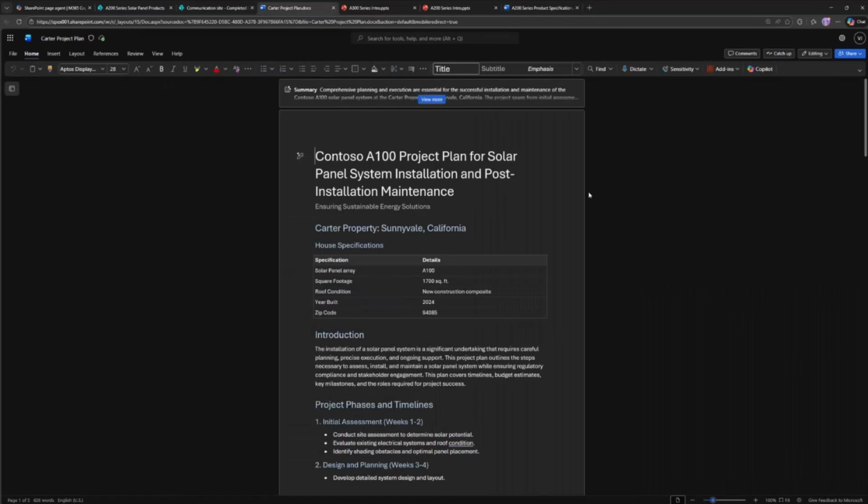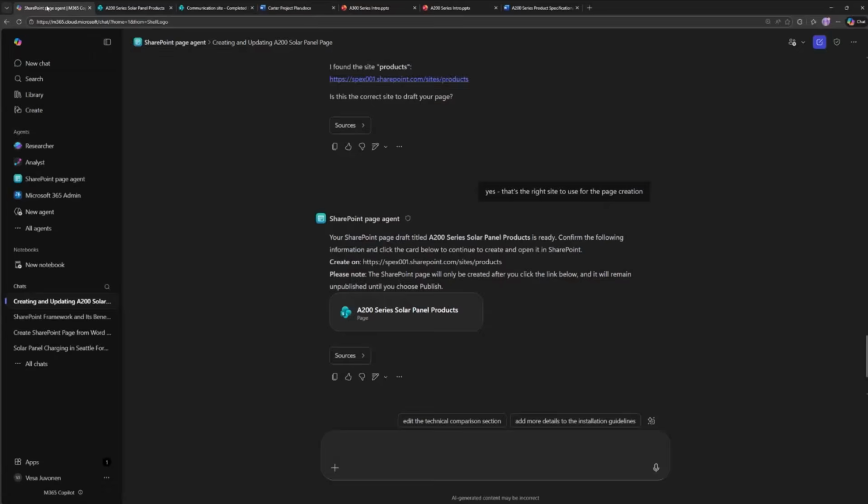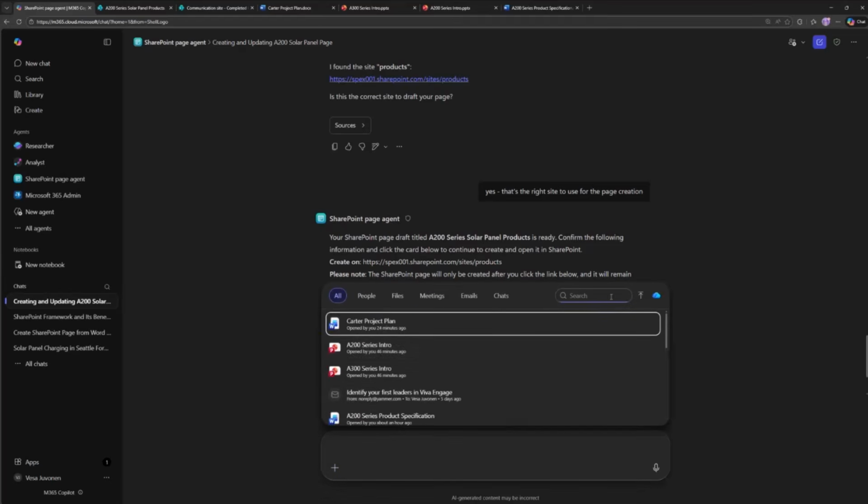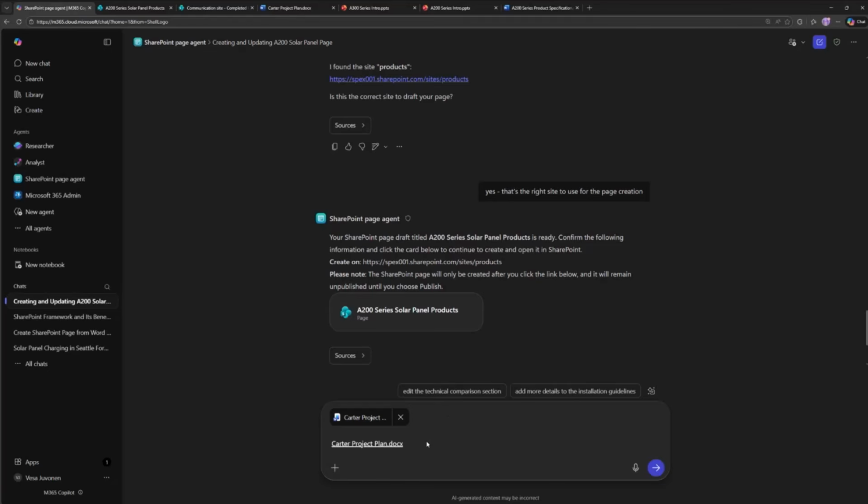And of course, if I have an existing file, so let's see if I can actually find this. This is Carter project plan. We can definitely go back to the SharePoint Pages agent and say, let's see if I can actually find the Carter. Yes, I just opened that. Create a page based on this and provide the details on what kind of products